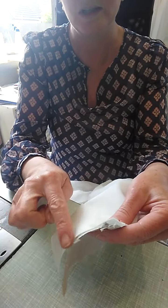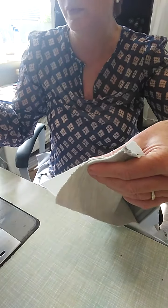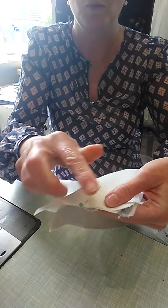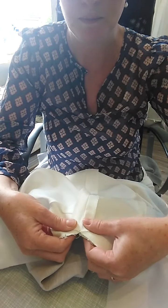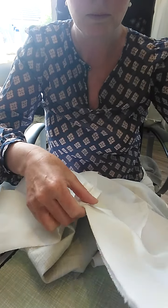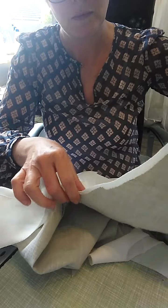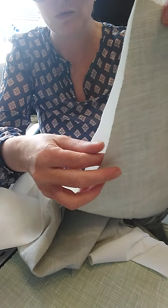So we're using binding around this neckline. So for the moment I'm just literally going to put a pin there to hold it in place, but we won't be stitching the neckline yet. We're concentrating on the armholes at the moment. So as always I like to start underneath the arm, pin in place, and then as you can see the benefit of having this fused will hold this in place,